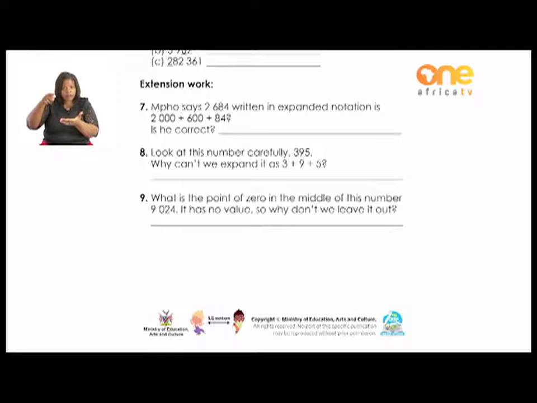Here I only need yes or no. Yes or no. Number 8, look at this number, 395. Why can't we expand it as 3 plus 9 plus 5? Why are we not expanding